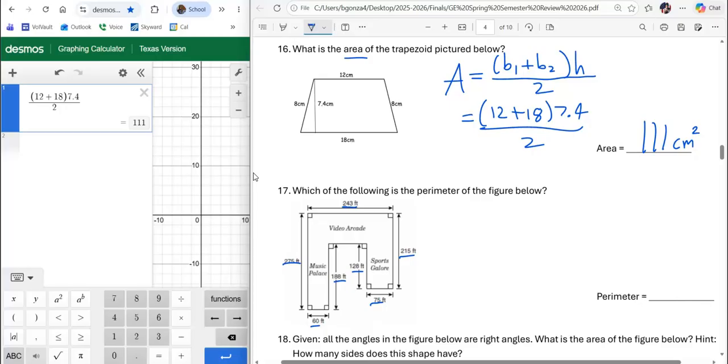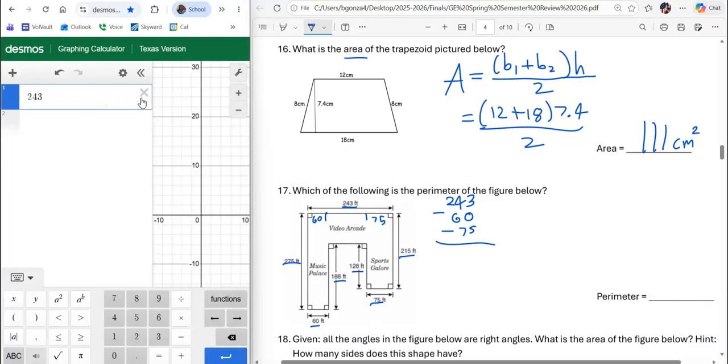Now, if this is 243 and I know this little piece is 60 and this little piece 75, then I need to do 243 minus 60 and then minus 75. Oh, you get 108. So that missing piece right here is 108,